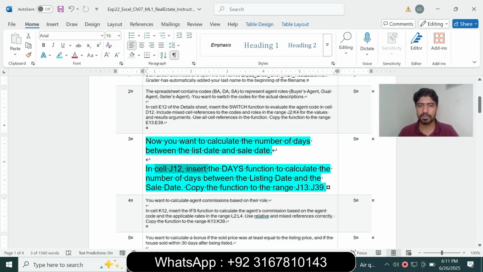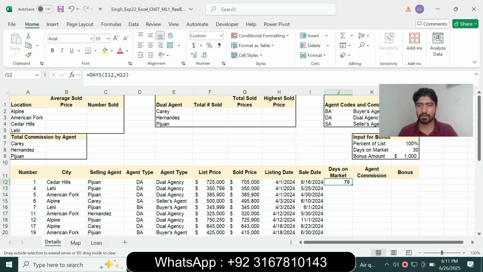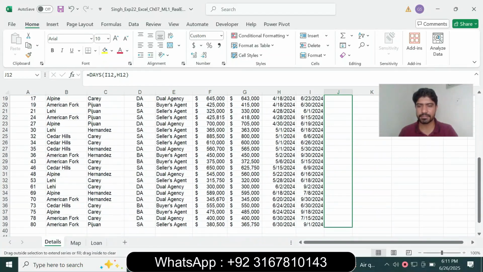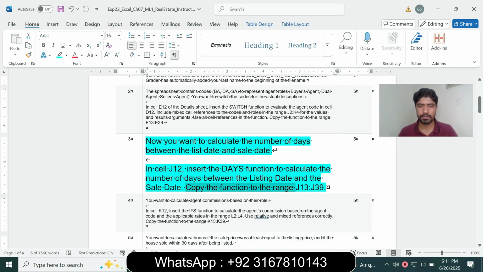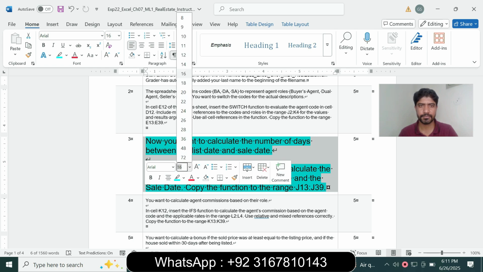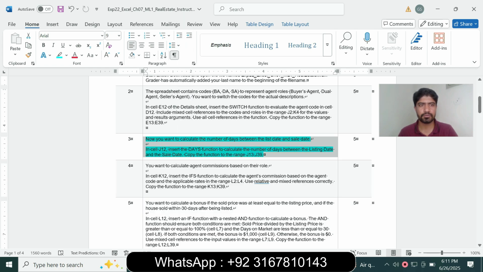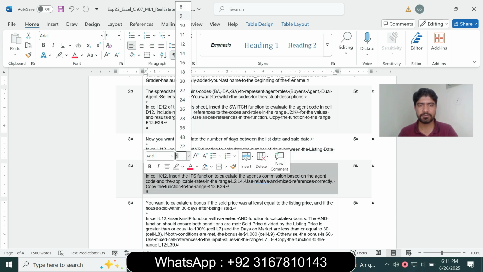And next is copy the function to the range J30 to J39. So copy the function in cells J30 to J39. Copy the formula J30 to J39. So question number 3 is complete. We move to question number 4. So question number 4 is,